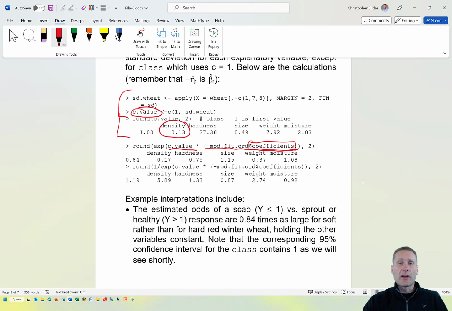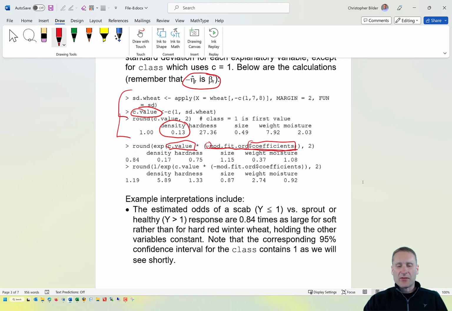We use $coefficients. That does exist with the polr function that's used to estimate this model. My results were stored in mod.fit.org, and notice the negative sign there. The reason I needed the negative sign is that, remember, the polr function estimates a slightly different version of the model that we are interested in. So just to make the correction, I put a negative out there. R correctly matches up the values in c.value with the values in mod.fit.org